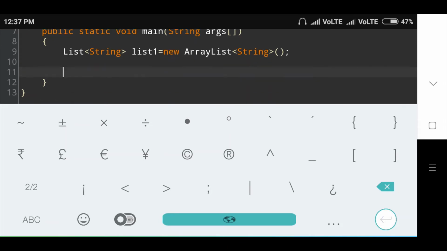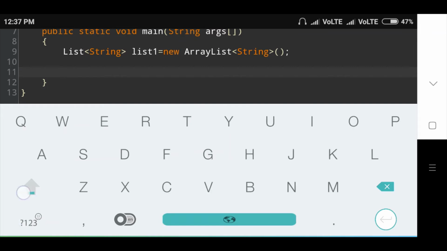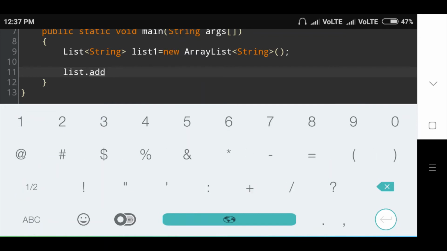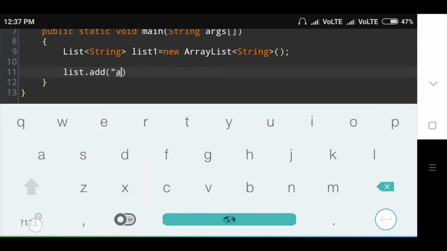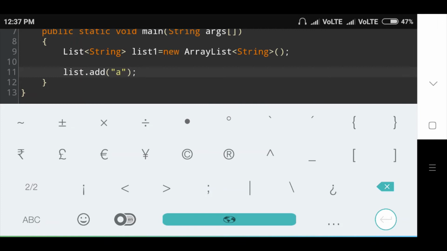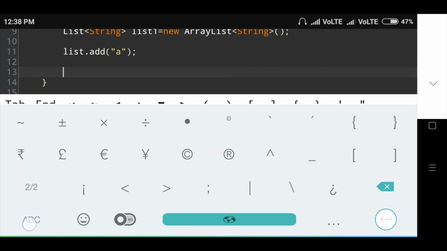Okay, then list1.add in brackets A, then semicolon. We use the list addAll method to join list1 and list2 into the join list. Okay, then